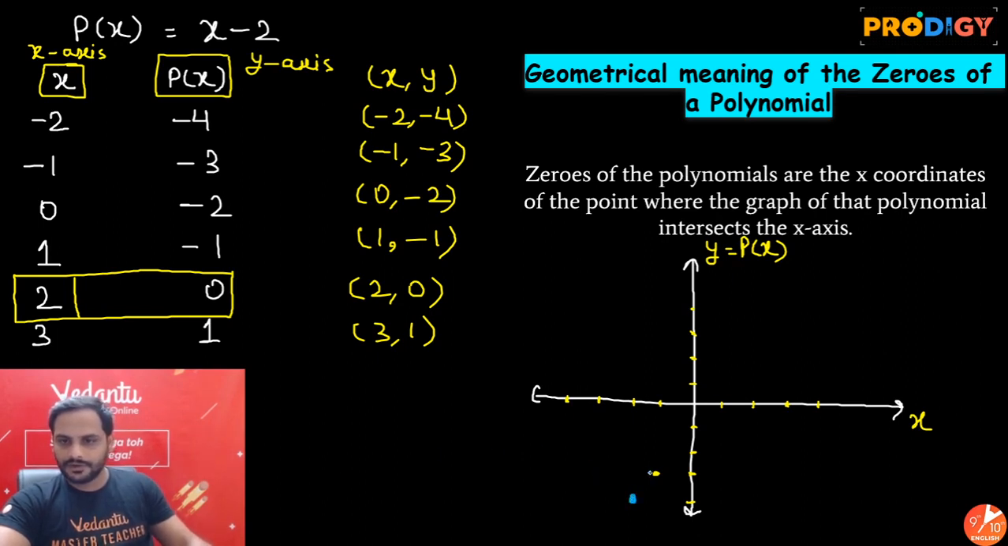Okay, this is the first coordinate, this is the second coordinate. Then x coordinate 0, y coordinate -2 is over here. X coordinate 1, y coordinate -1 is over here. X coordinate 2, y coordinate 0 is over here. X coordinate 3, y coordinate 1 is over here. So if I join all of them,